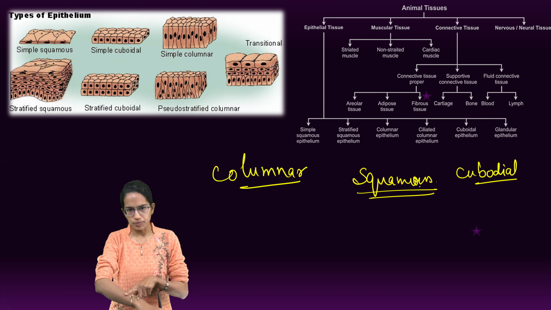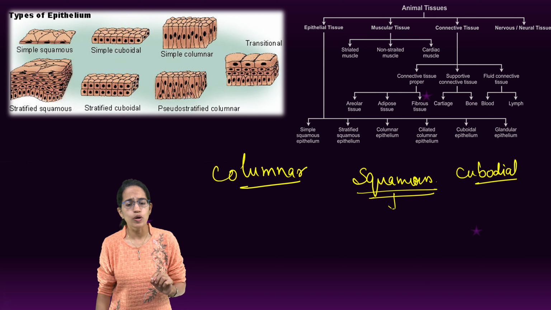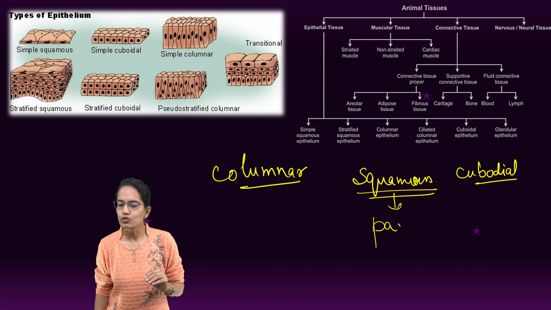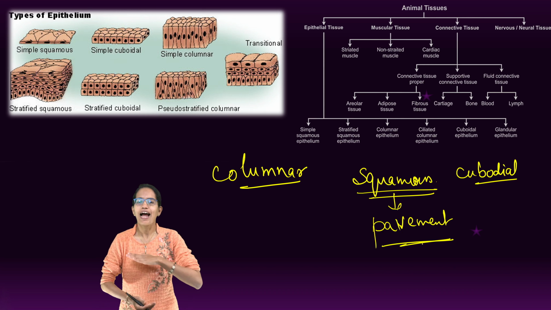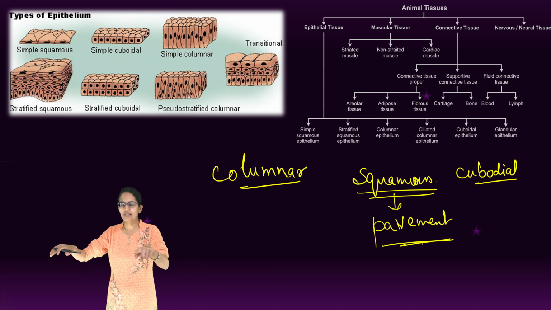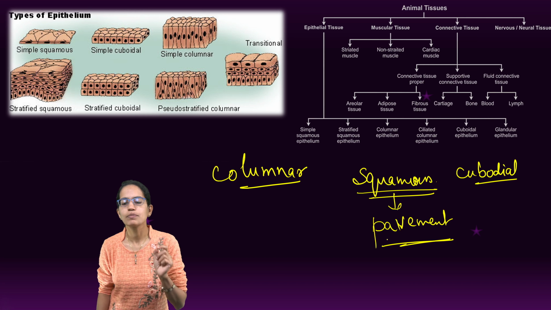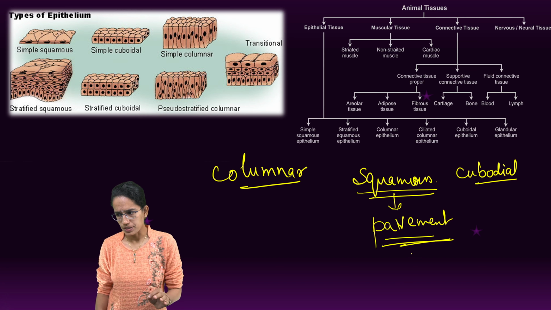Squamous is the epidermis. Now this squamous is flat. It is plate-like, and therefore it is also called pavement. You go to the garden, you walk on a pavement, and it's arranged in a squamous fashion, and therefore squamous ones are called pavement epithelium. Very, very important, very, very simple to learn.